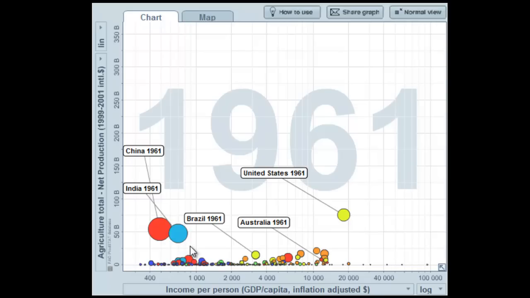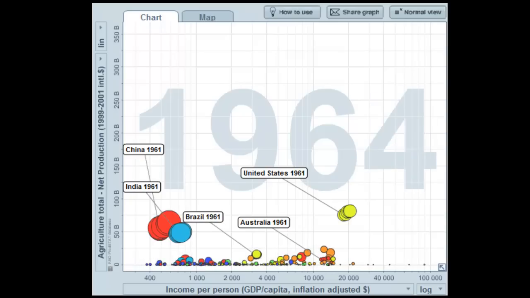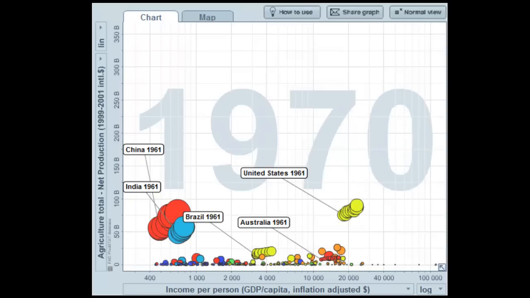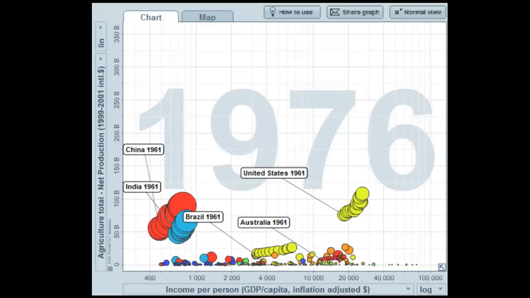income per person. Agricultural production was somewhat marginally higher in the United States, but the size of the circles indicates the population, so those will get bigger as the populations grow, and as populations shrink, they'll get smaller. So I'm going to put this data into motion over time. So we're starting in 1961, and you can see all of these agricultural countries, big producers,